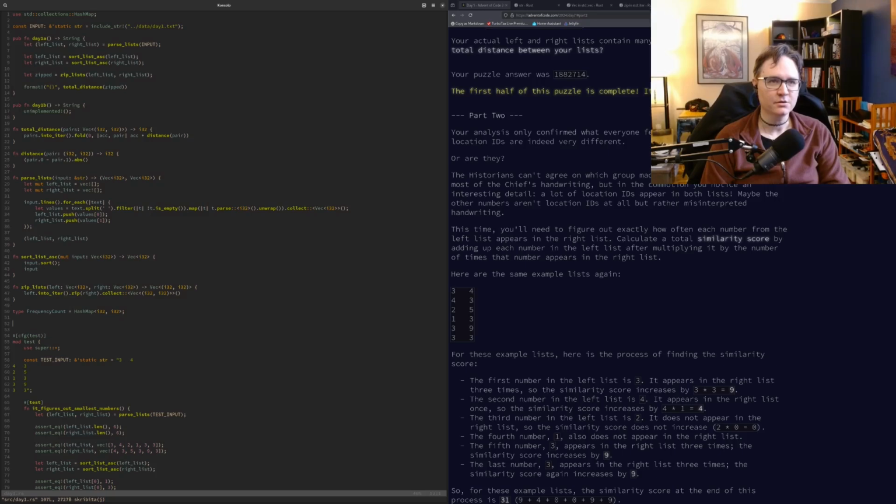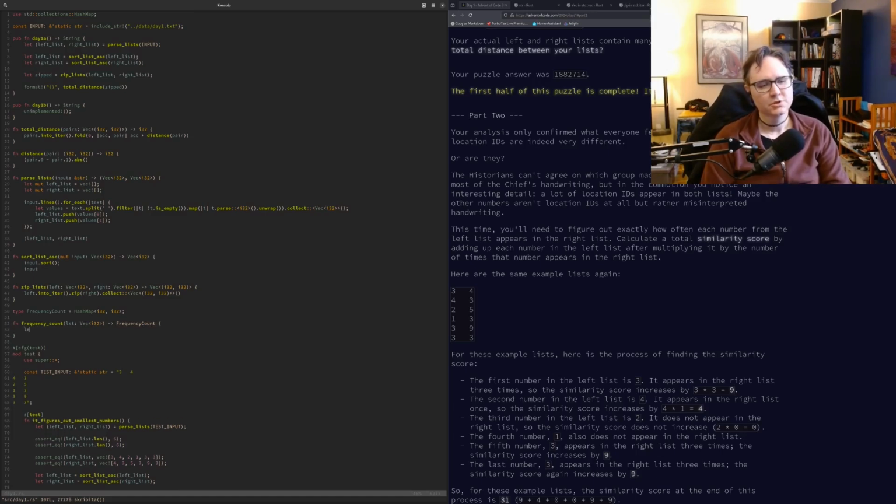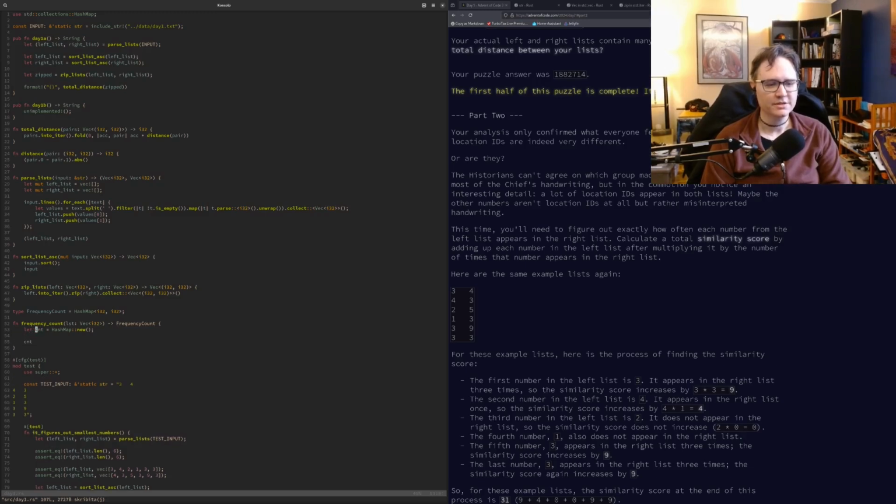Okay, so now we're going to take a frequency count on a list. So let cnt equals hash map new. We're going to return it. So that's going to force the data type to I32, I32.